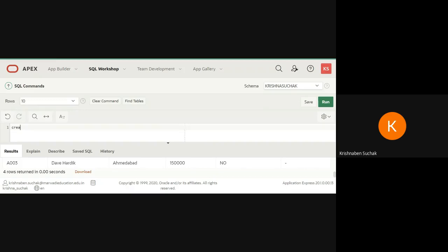We'll create table, then we write the table name, that is loan, but loan already exists in my database, so I'm writing loan1.